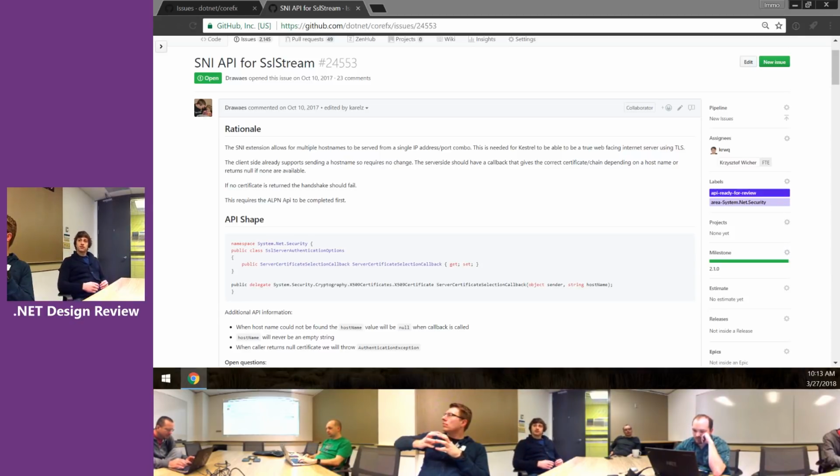So we added two APIs. One is the delegate, which defines the callback, which takes a sender and the host name. The sender is actually not being used in the code, but it's a general thing we use in the SSL stream, so we can pass the SSL stream object as the sender. And the other thing is just in the settings we have the